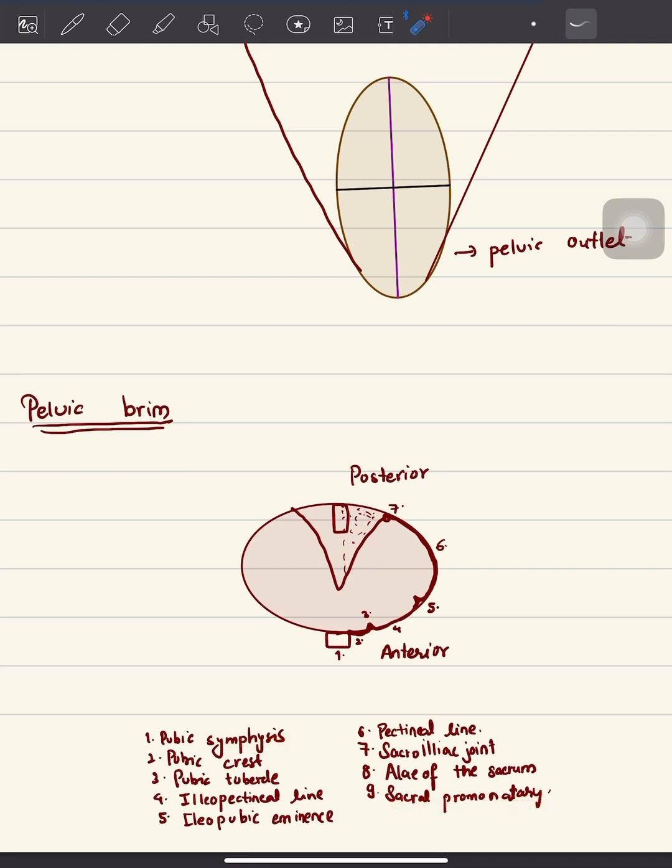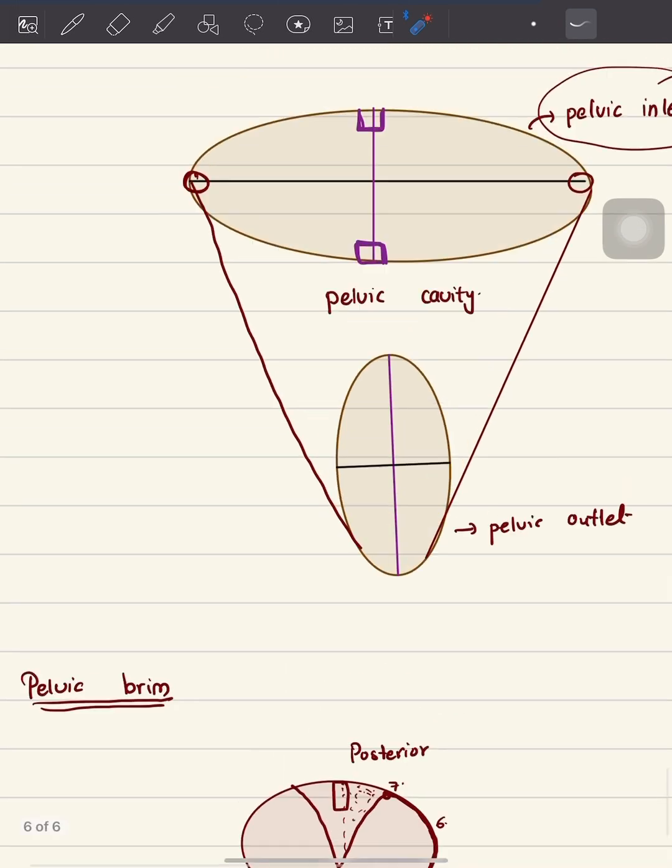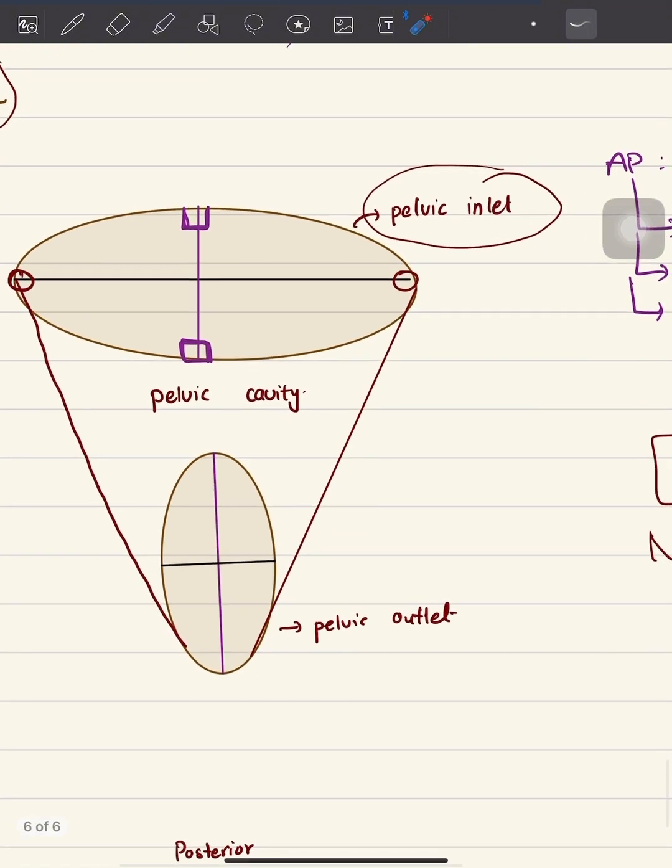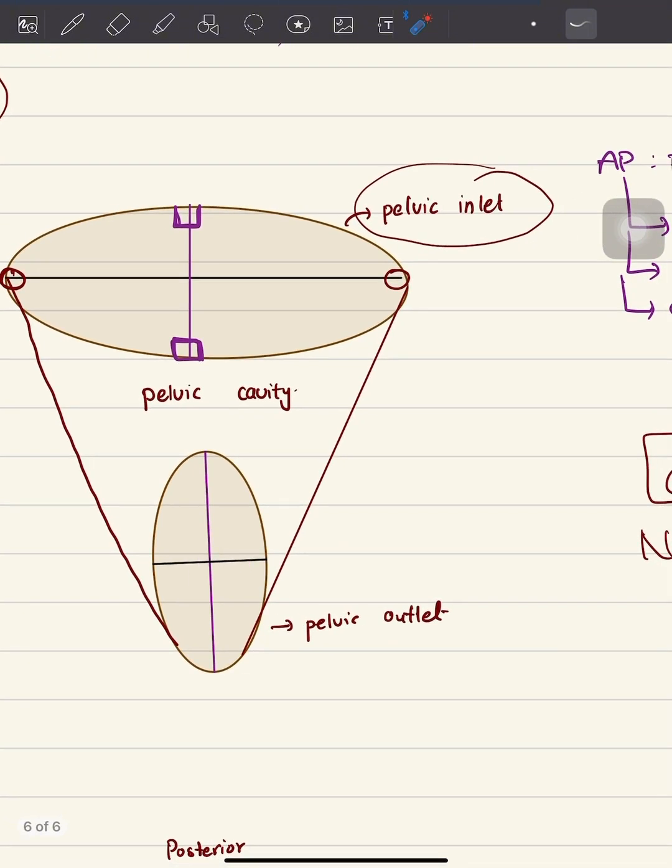The transverse would be formed by this one, the iliopubic eminence. The line joining the two would be the transverse diameter,